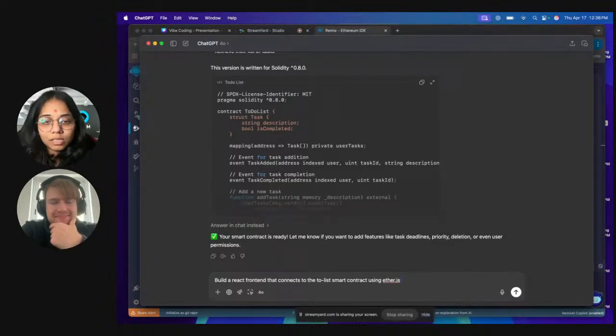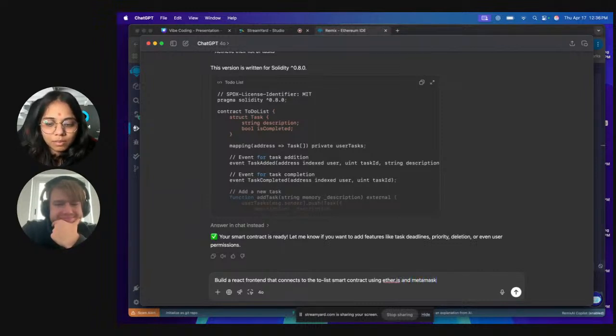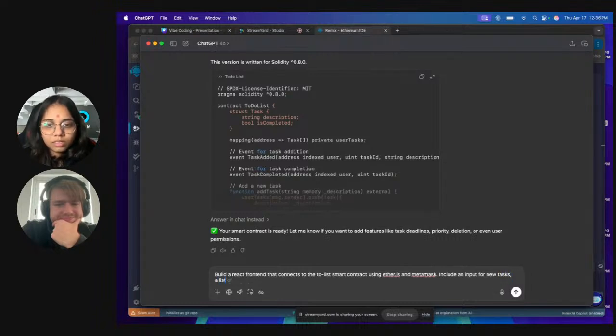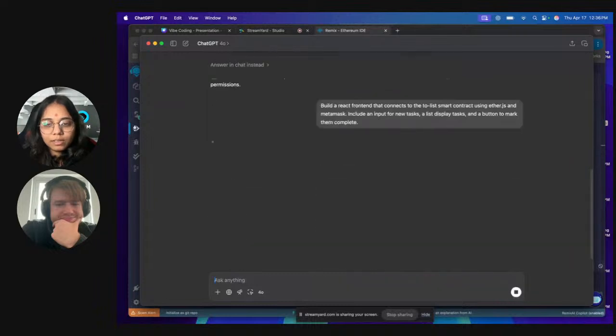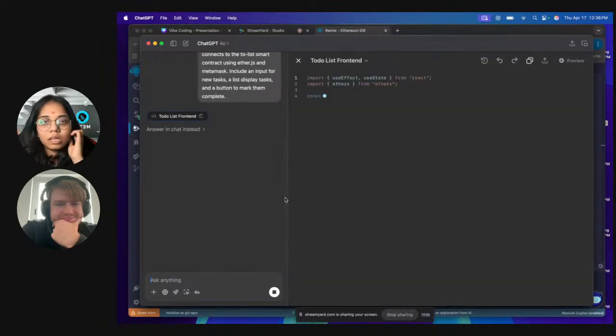Okay, using ethers.js and MetaMask. Include an input for a new task, a list to display tasks, and a button to mark them complete. All right, let's get a front end.